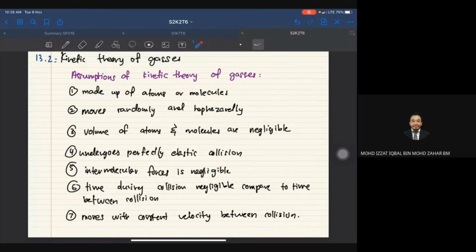Kalau kamu tengok chapter 3 kita belajar impulse, so the time for during collision tu main peranan, but here we ignore lah. And then it moves with a constant velocity between collision. Okay, logically kalau dia berlanggar mungkin dia punya velocity slightly changes, but here you assume you move at constant velocity and all the atoms are equal. Kita kira average lah, average punya velocity. Okay, speaking of average velocity,